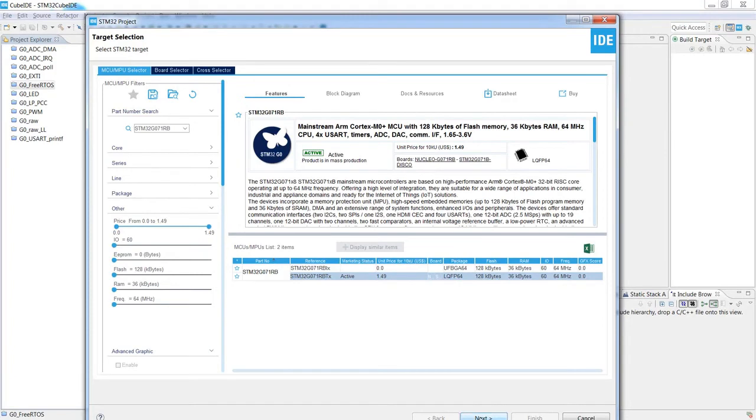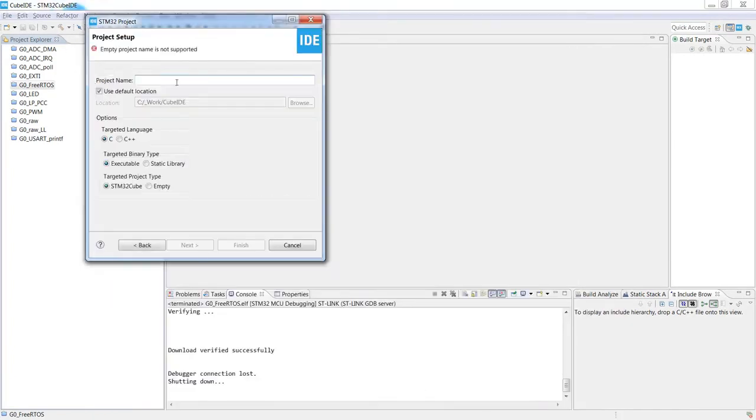So I click next, then the name of the project. I would propose G0 USART, and we'll select C as the target language. I would like to generate the executable binary type, and we will use STM32Cube and its device configuration to create the skeleton of the application.